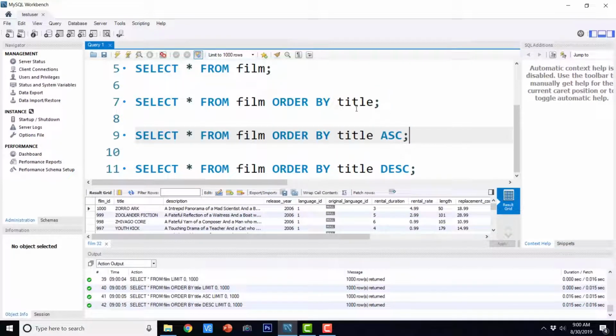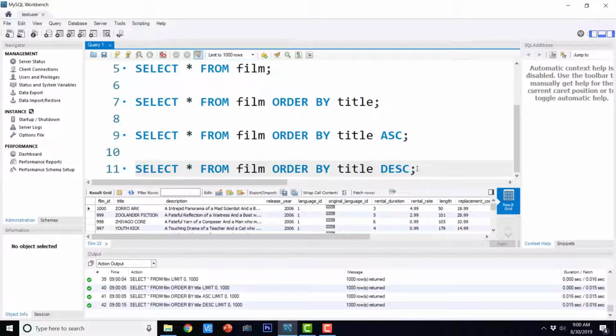Whenever we say order by with some particular column name, it automatically sorts in ascending order implicitly. If you want to make it explicit for better readability and understanding, you can add this ASC keyword. And if you want to sort in the descending order, you can just say DESC. So this is how we can sort with a single column.